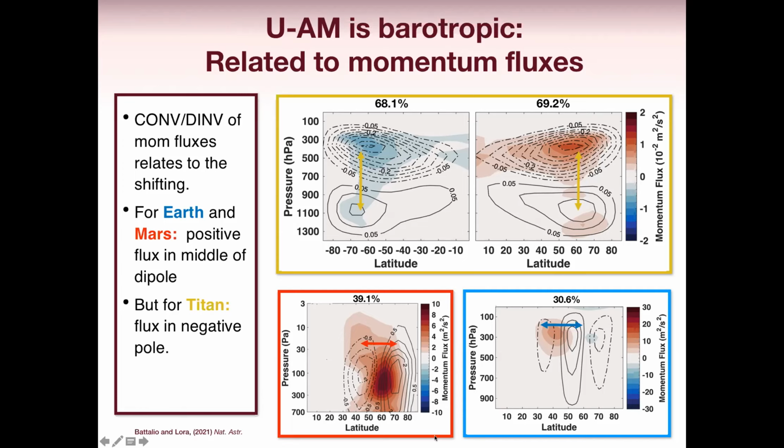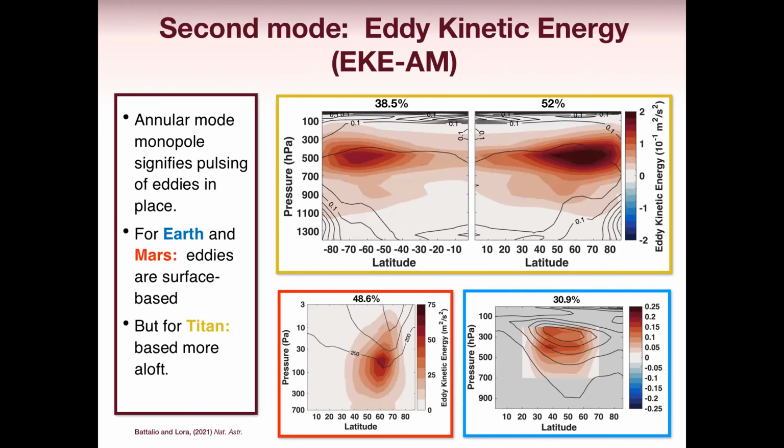For Earth and Mars, though, you get this bullseye of eddy momentum fluxes, which is just a suggestion of how much energy is being transferred from the eddies to the mean flow, and the convergence and divergence of these fluxes line up with the two poles of the mode. You don't get that at all for Titan, though. The placement is totally wrong. So Titan is weird. The second mode is in the eddy kinetic energy, which is just a quantification of the